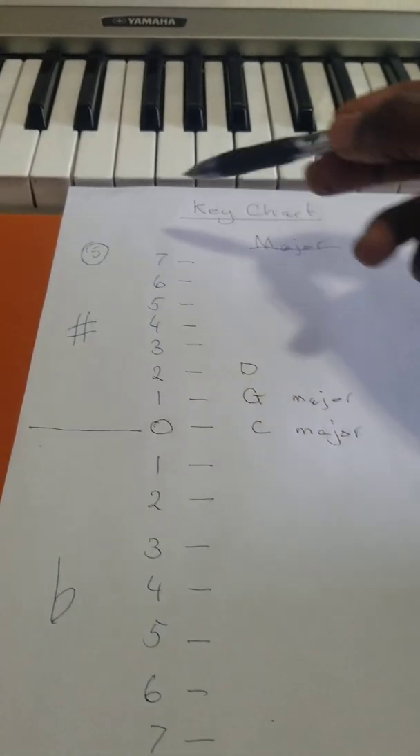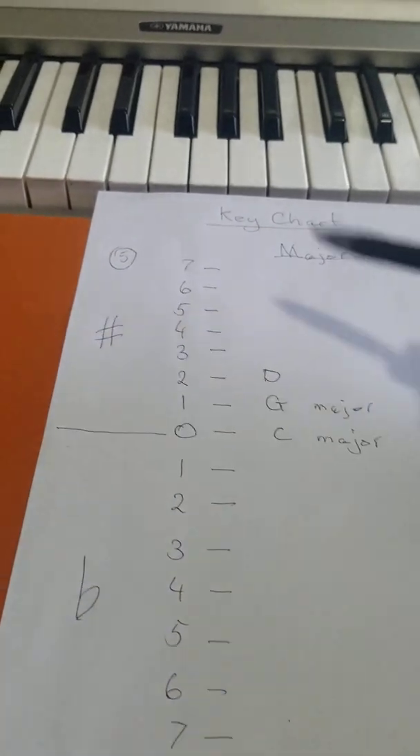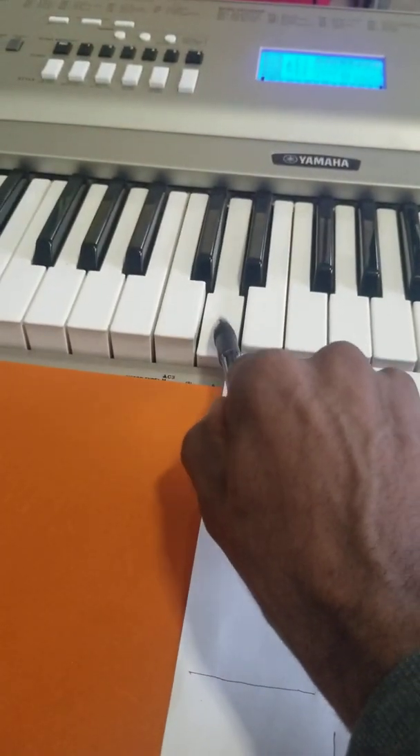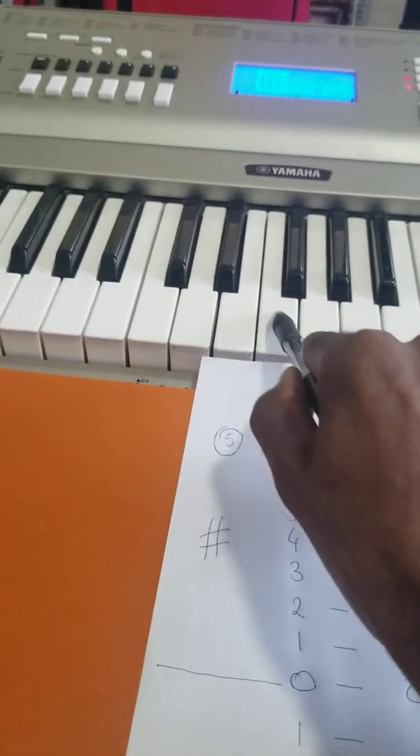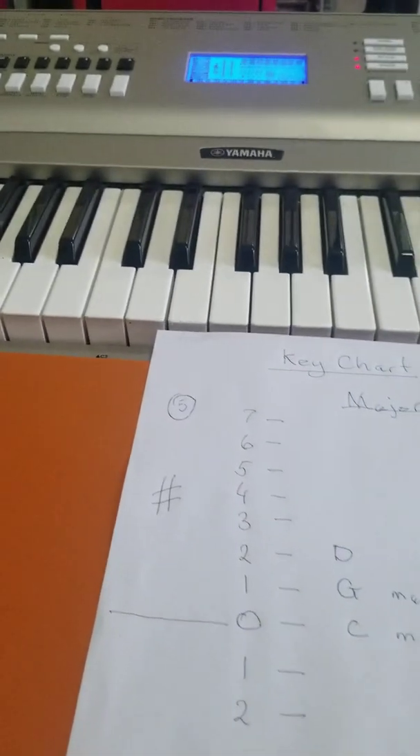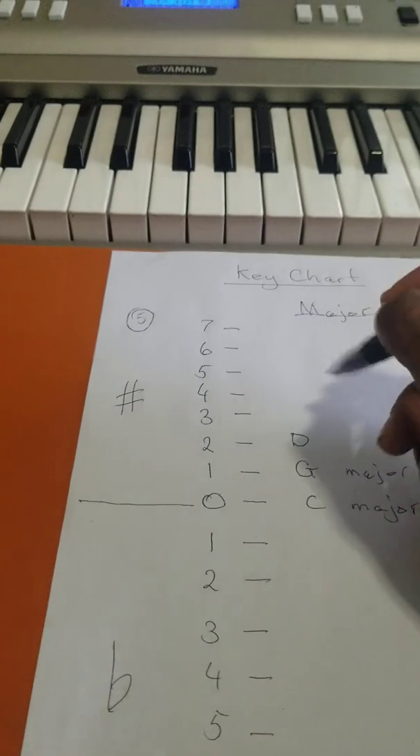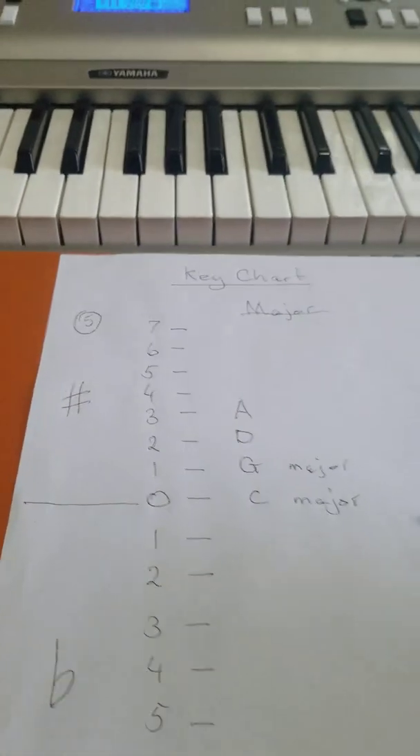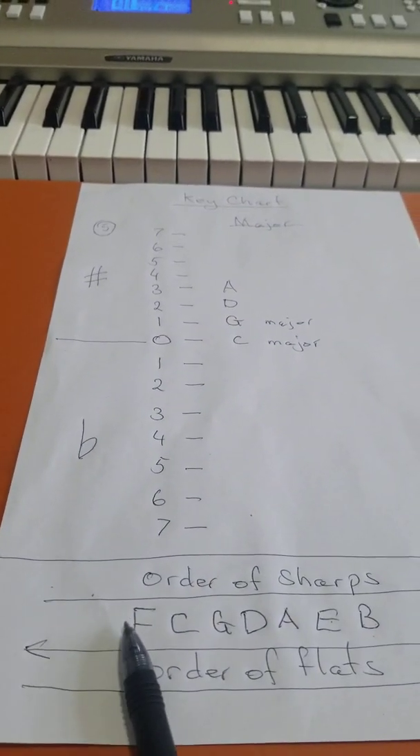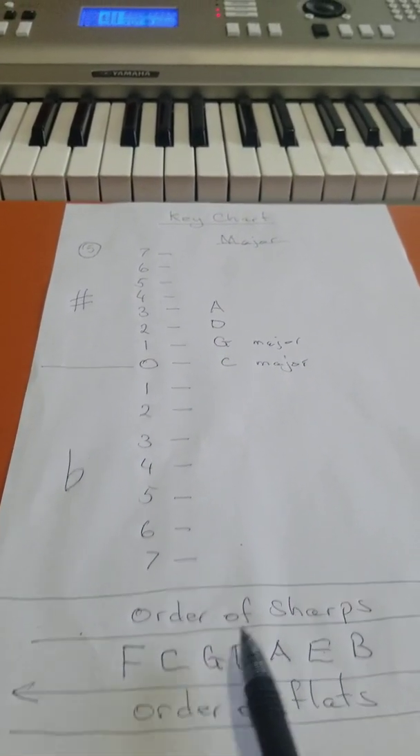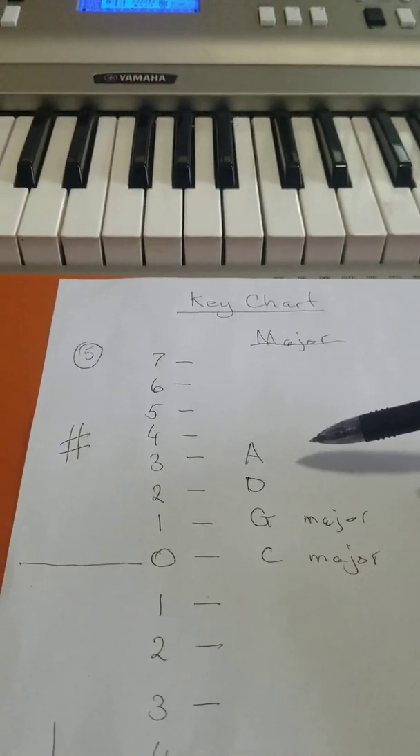Let's count up 5 from D. 1, 2, 3, 4, 5. And that brings us to A. So what we're saying is A major has 3 sharps. What are those sharps? F, C, and G sharp. Okay, and we move on